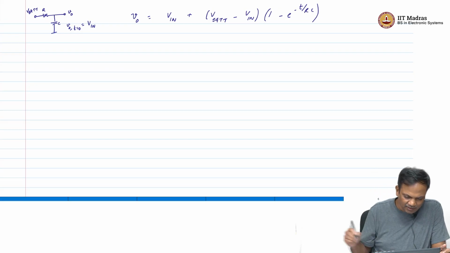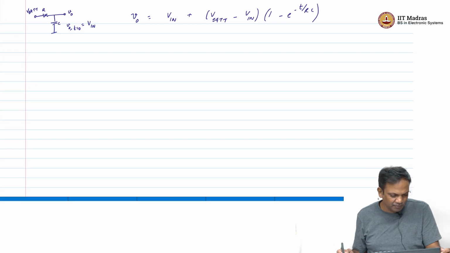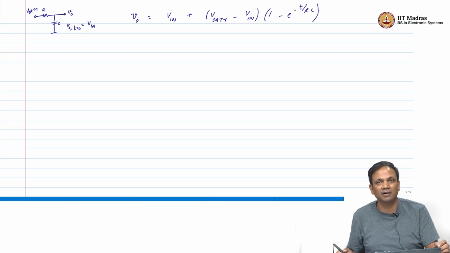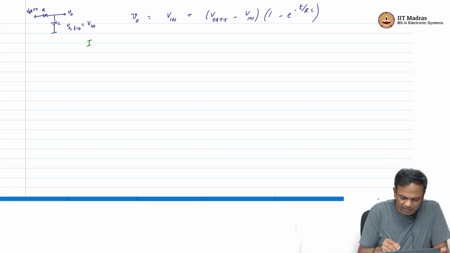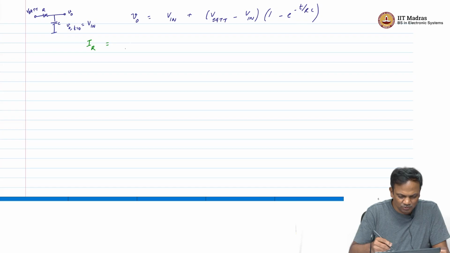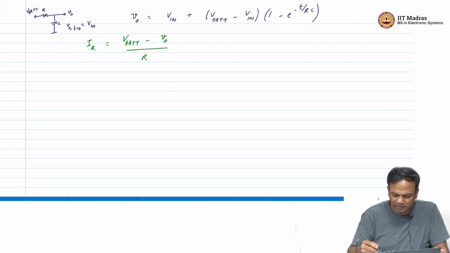Now, like I said, R and C are the only two elements in the network here, which means current flowing into one component, all of that current has to flow into the other component. So, first let us calculate the current through the resistor. Current through the resistor is just the difference in voltage between its two terminals divided by the resistance. So, this will be V bat